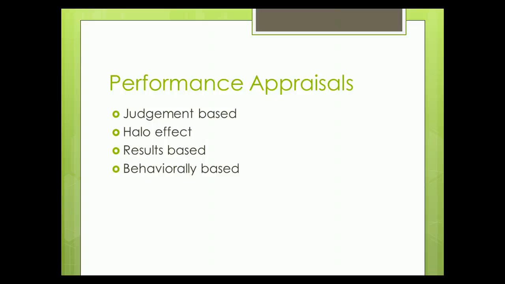You can also have a halo effect, which influences the manager's impression of the employee on every item of the evaluation. In other words, they're saying, because I like this person, everything they do looks a little bit better to me when I'm writing their appraisal because I just like them. Or the fact that I dislike a person can affect everything that I'm appraising them on. Maybe everything I'm appraising them on looks a little bit worse to me just because I don't like that person. So the halo effect happens. Of course, it is to be avoided, but as a manager who is writing them, understand and be able to identify that the halo effect is there.